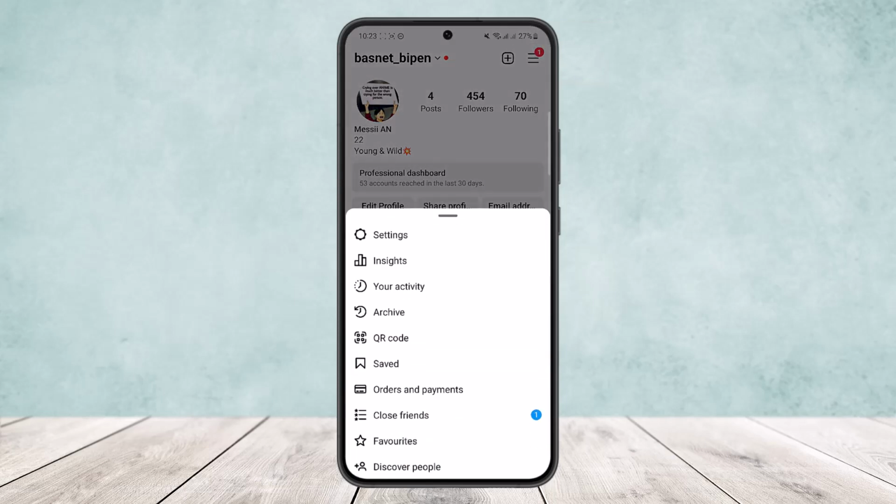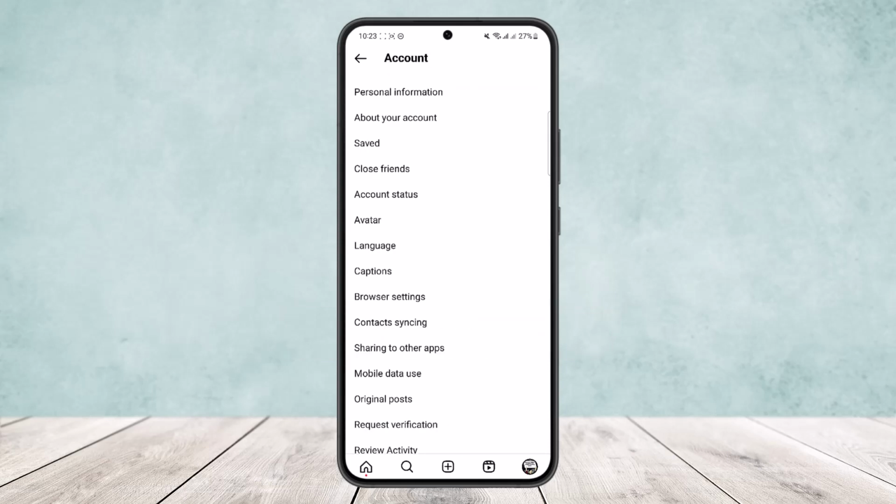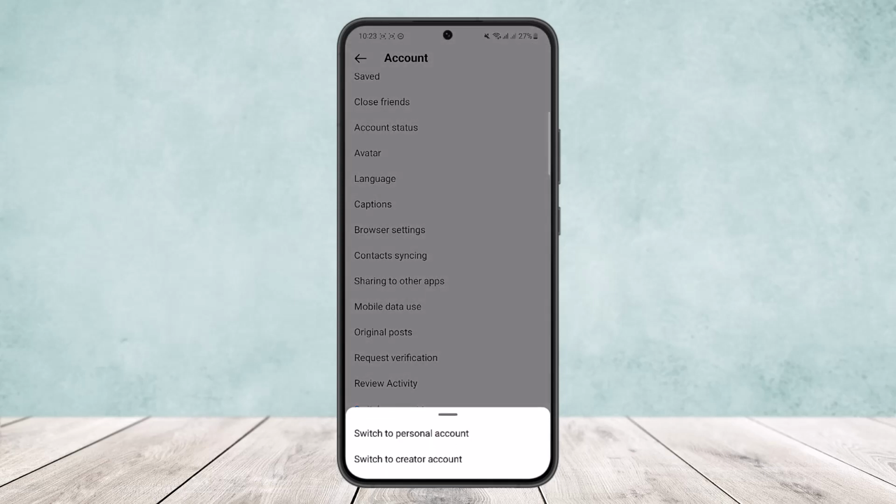Once you tap on it, you'll get varieties of options. Simply tap on the first option, settings, and head into settings. On settings, you'll get the option account there. You can see at the screen right there. Tap on account. And if you scroll down below, you'll find the option switch account type. Simply tap on switch account type and you'll get two options to either switch to personal account or switch to